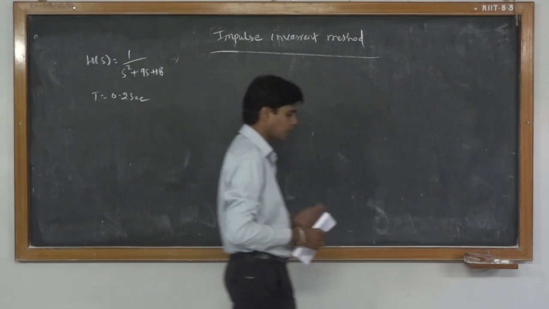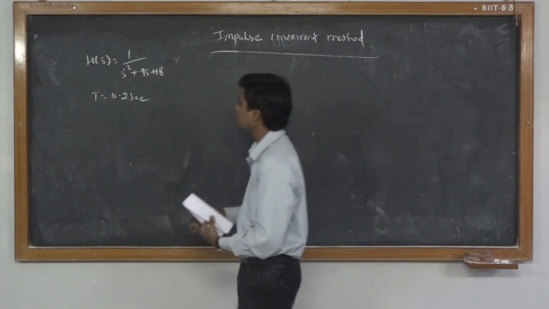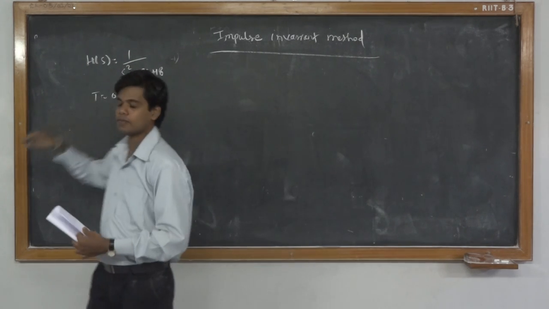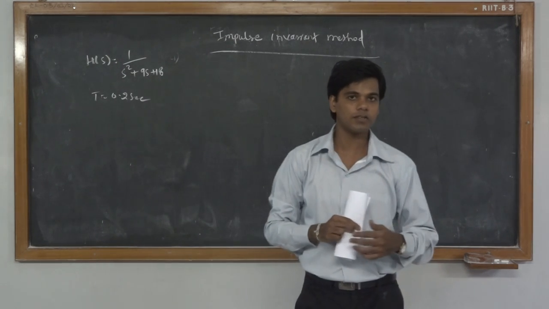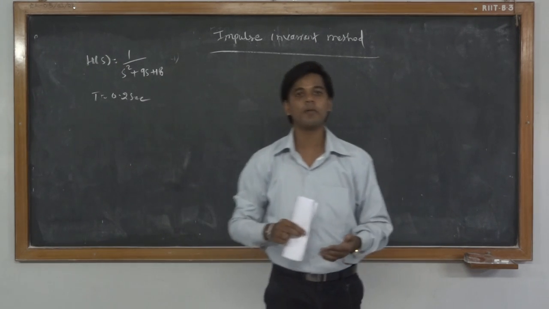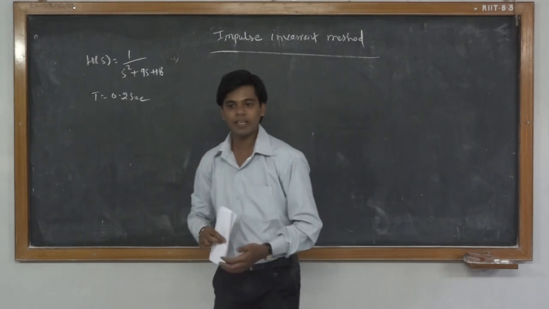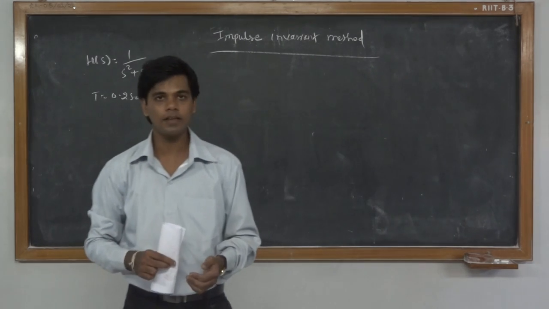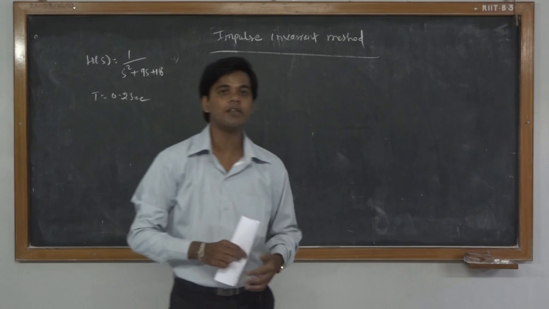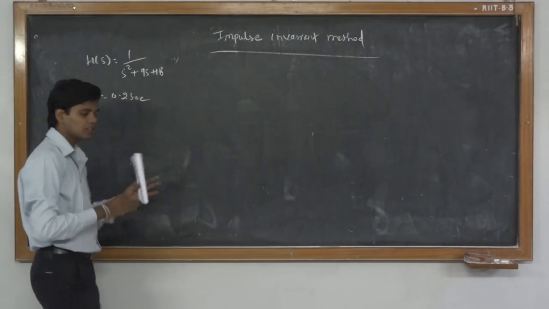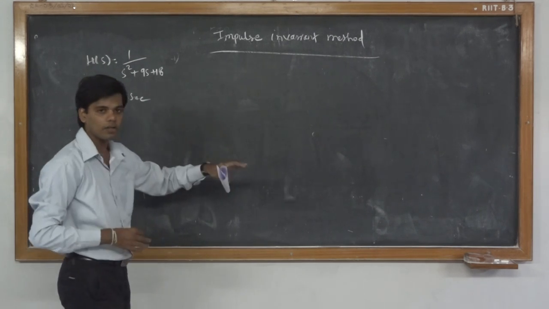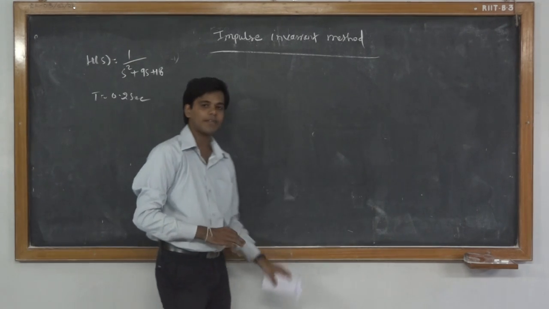So suppose they have given us an analog transfer function H(s) as 1 upon s squared plus 9s plus 18. In that case, we try to factorize it in such a way that we can solve this problem using partial fractions, and then we can apply the impulse invariant technique so that we can finally obtain the digital filter for this IIR filter. That is, to design a digital filter from this analog filter that satisfies the given specifications.